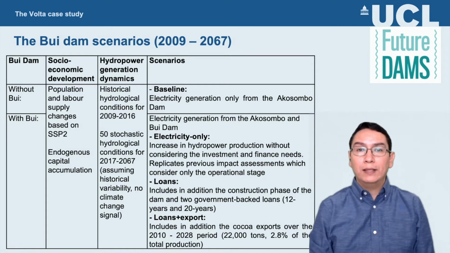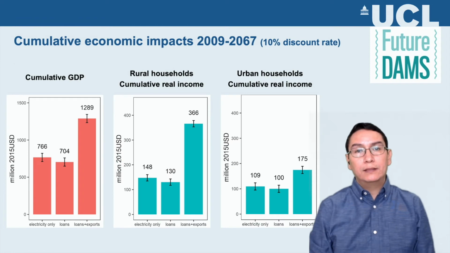I would like to stress that in this analysis we do not include potential economic benefits of irrigation nor negative environmental and social impacts. These aspects are extremely important, but we are not capturing this because of our methodology. The results cover dynamic developments of key variables like GDP, employment, investment, sectoral production, and household income and consumption, among others. Here I will show you just one slide summarizing the results of the analysis.